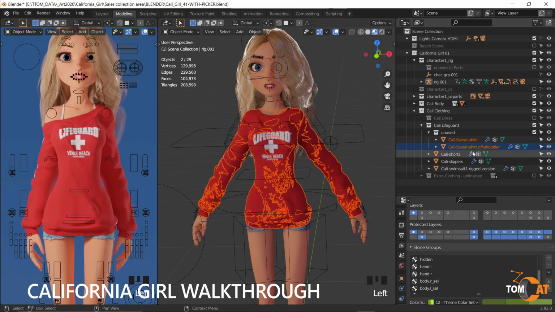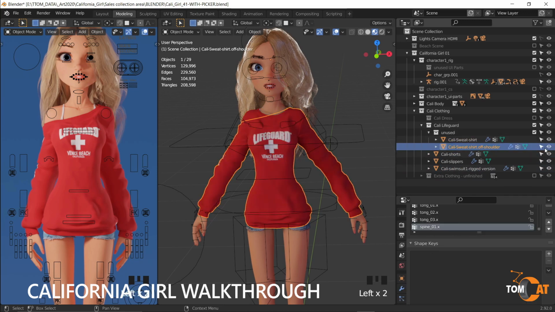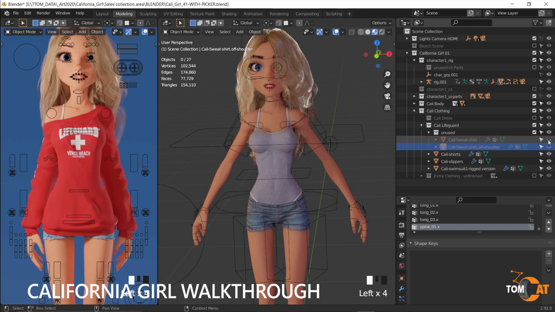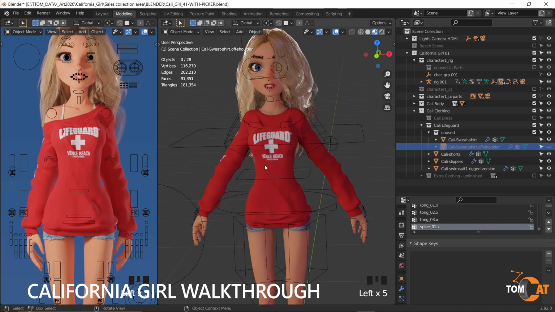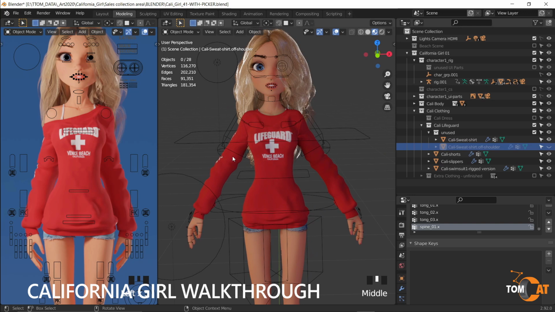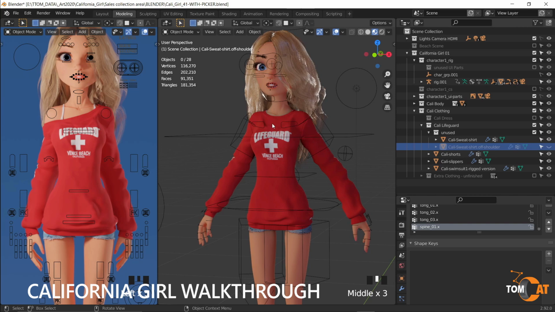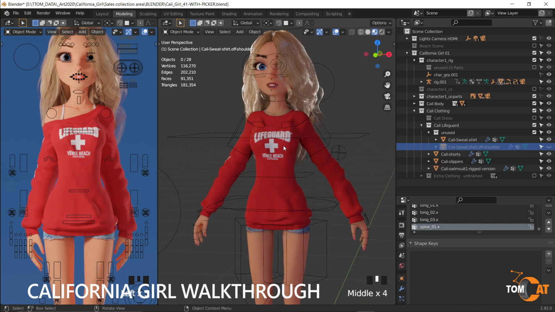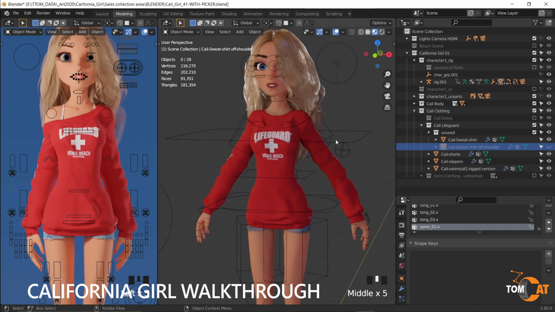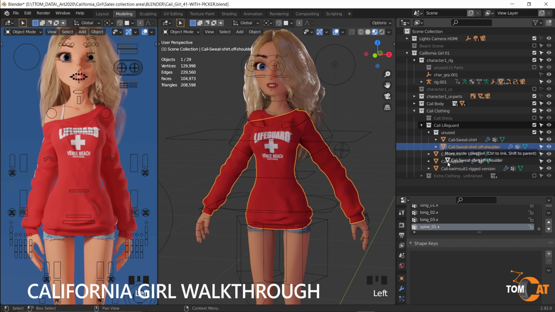There's another sweatshirt in here. So let's hide the off the shoulder. Yeah, so this other sweatshirt is fully on the shoulder, so it's a little more modest. But it's nice because you can make a new texture map for the sweatshirt and have your own sweatshirt. So you can have it on the shoulder or off the shoulder. So let's put this back the way it was, off the shoulder,